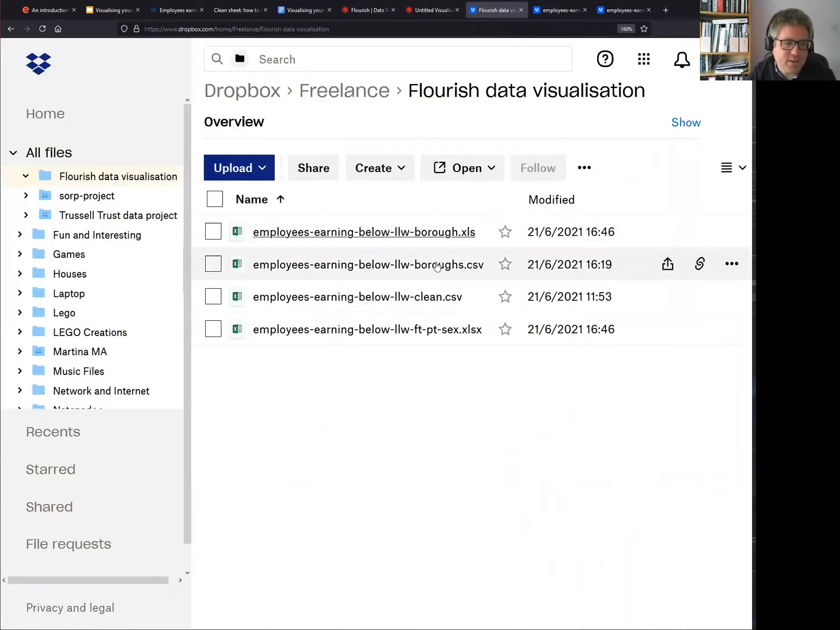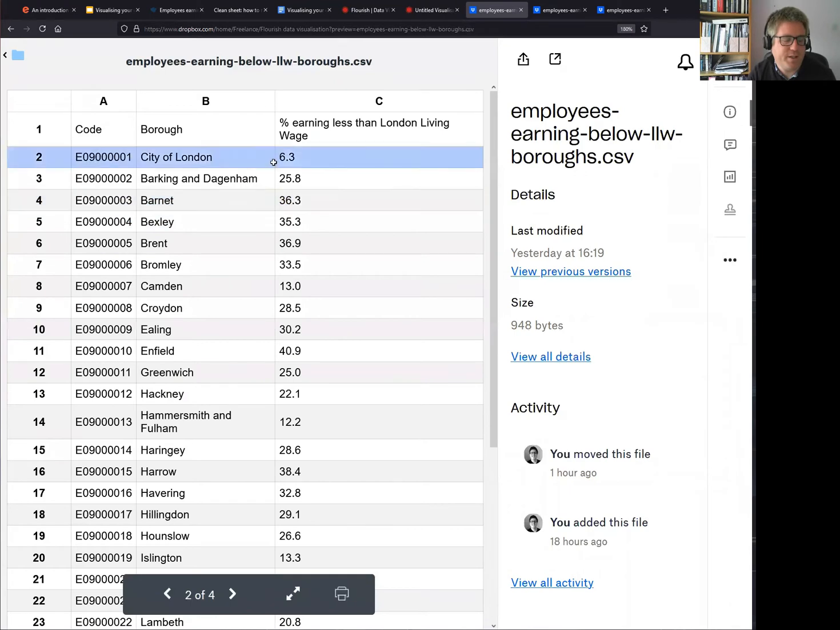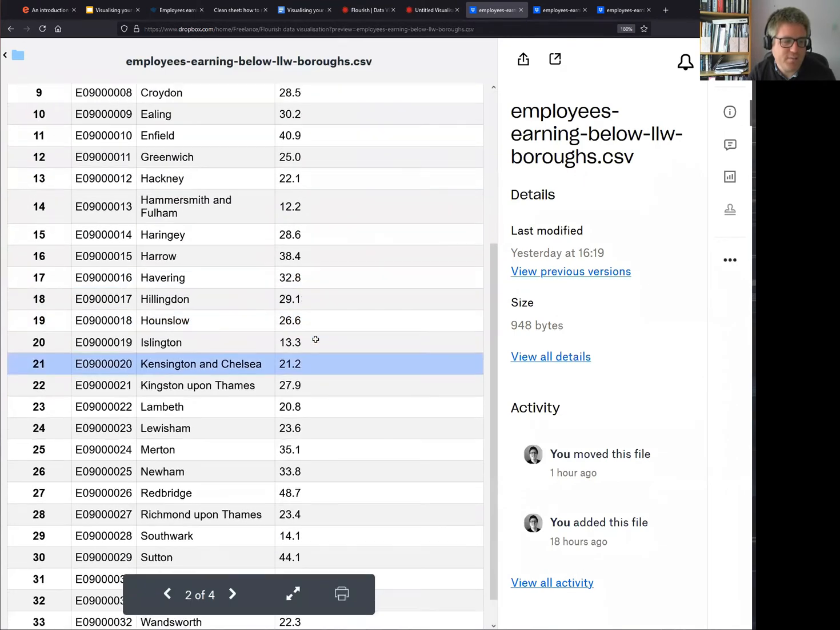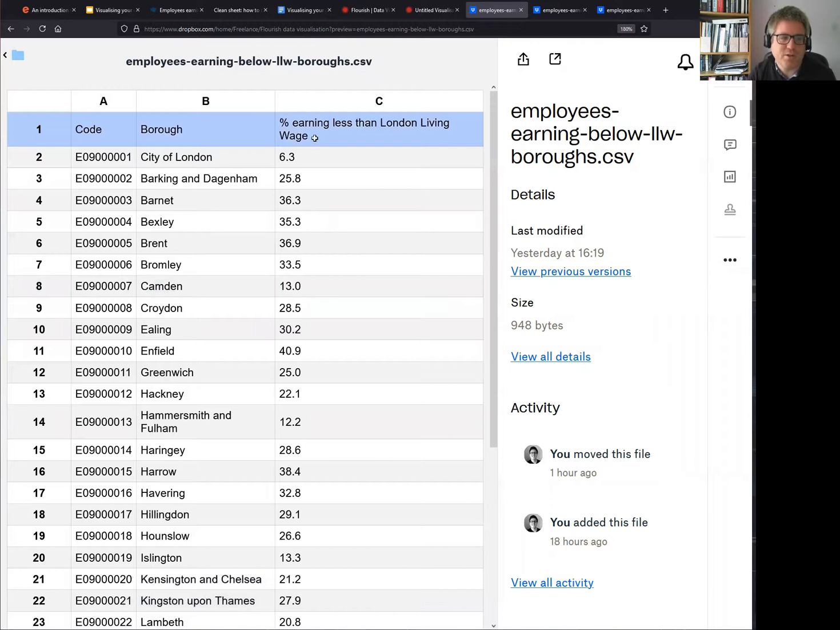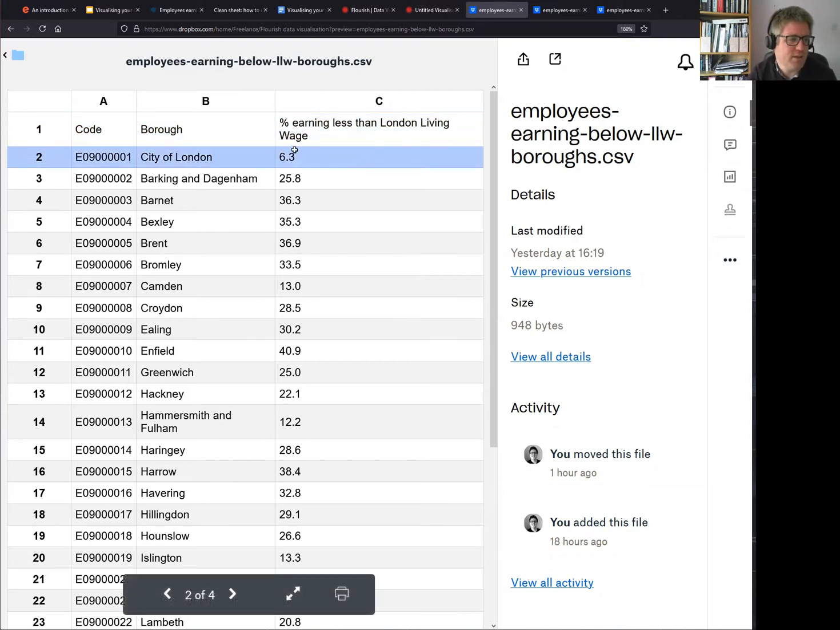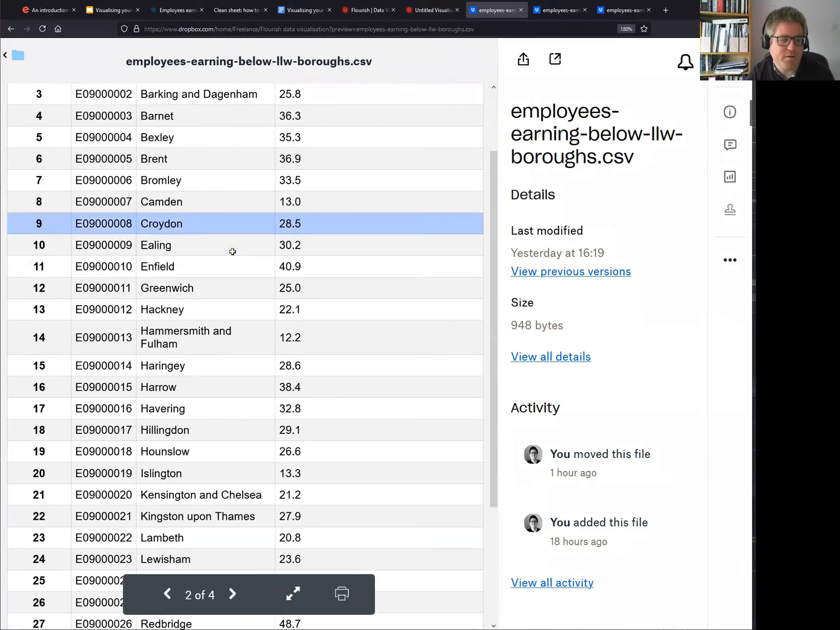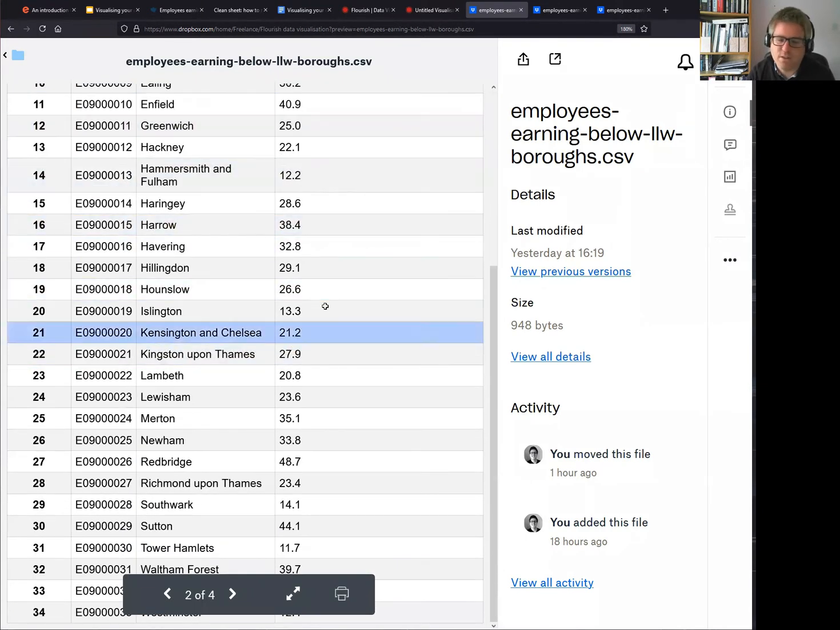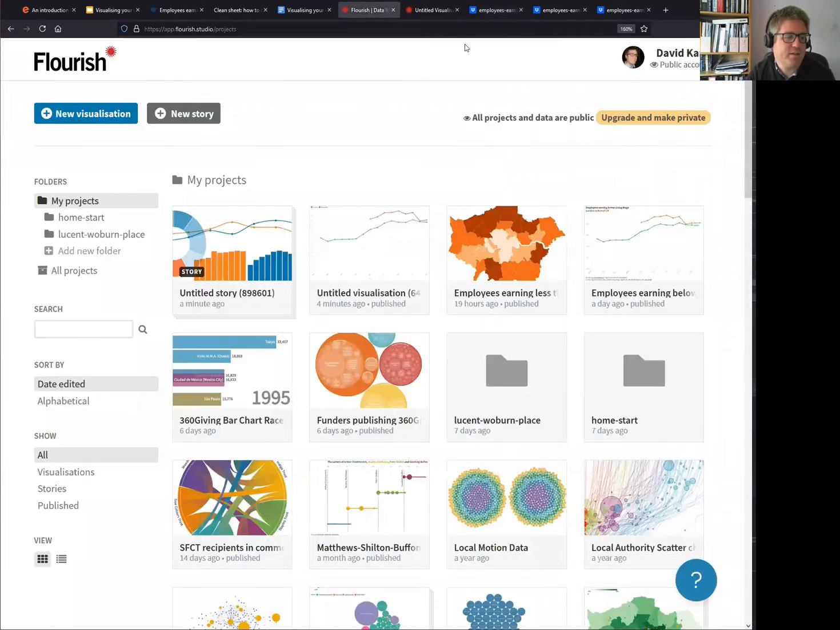But if we go to the CSV file, then you can see I've tidied it up a bit. So we've just got one column, which is the figure, so the proportion earning less than the London living wage. I picked the latest year, which I think is 2018 or 19, and I've kept the codes and a name of the borough. So it's a lot simpler CSV. So if we go back to